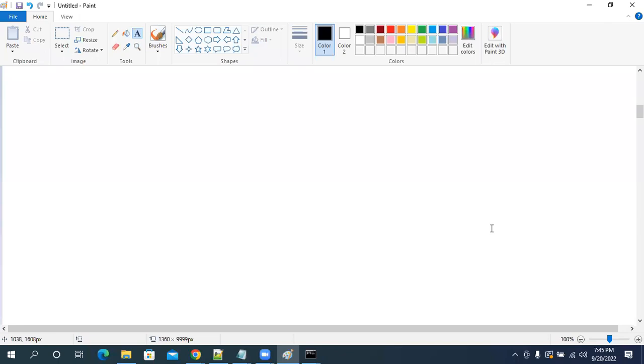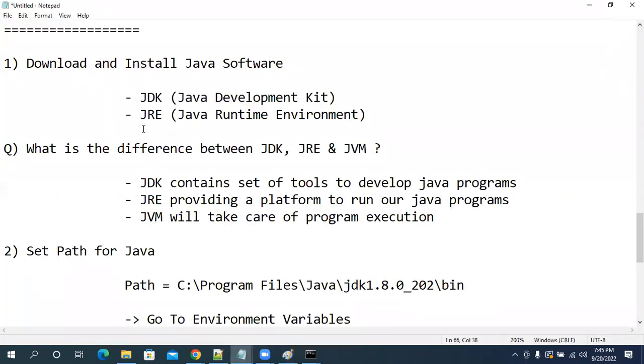In your computer, by default, Notepad is available. In Notepad, we can write the Java program, compile it, and run it. For compiling, JDK tools are available. For execution, JRE and JVM are available.